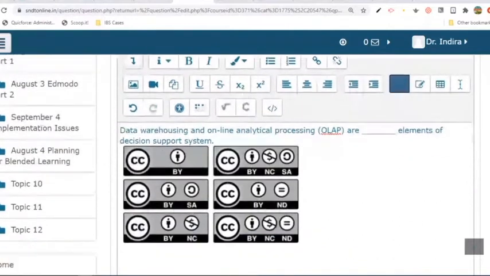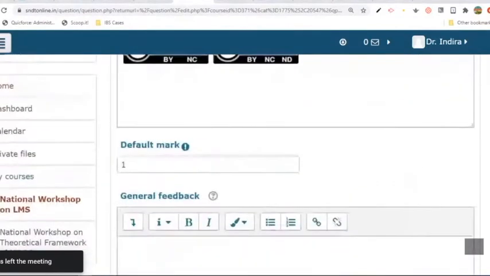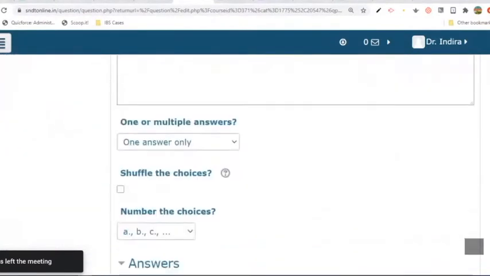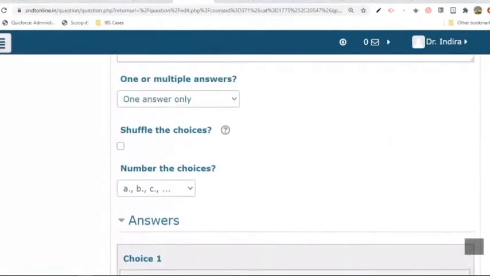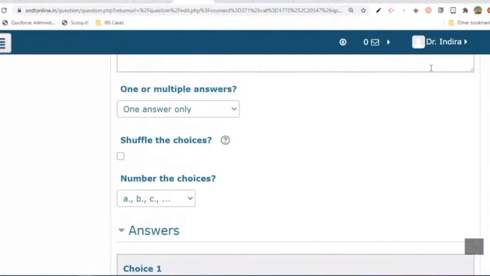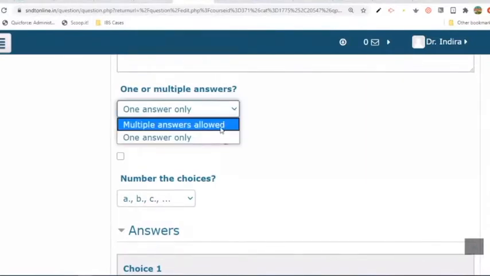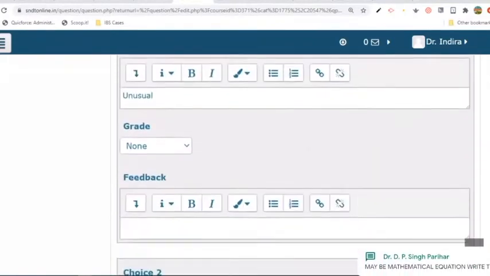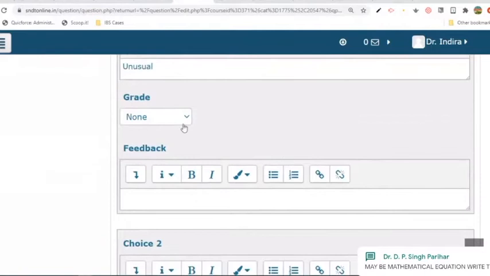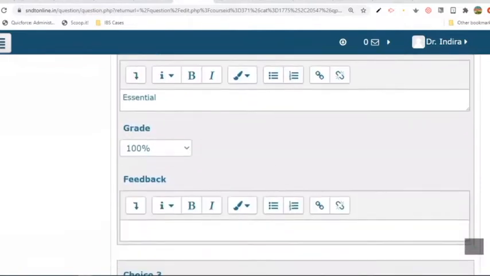Wherever we have options such as none of the above or all of the above, by default Moodle shuffles all these answers. Say for example, sometimes you have multiple answers. In that scenario also, first import the questions with multiple answers allowed. Then you can pick, say for example, 2 questions here. Wherever you see none, it means no marks. Essentially this is the correct answer, and that is the reason 100 is automatically taken.